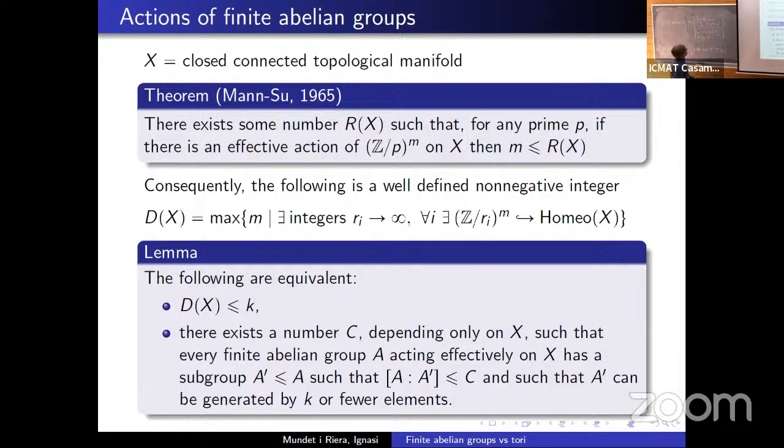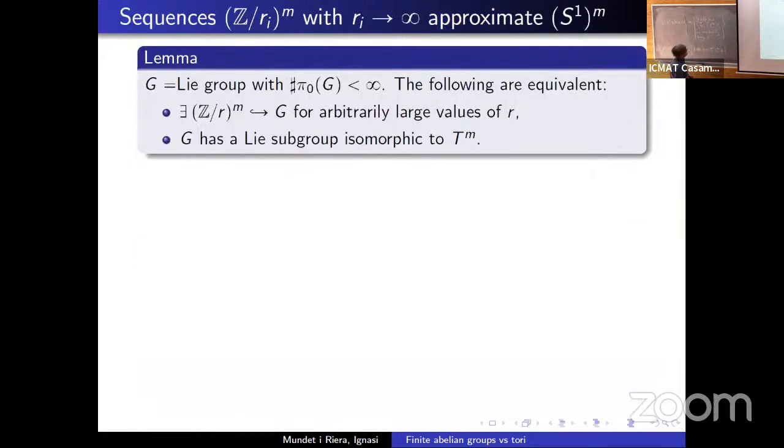Now, one of the ideas behind the questions and results that I'm going to talk about is the fact that these sequences... Okay, so the idea is that these sequences can be seen, Z mod Ri to the M, with